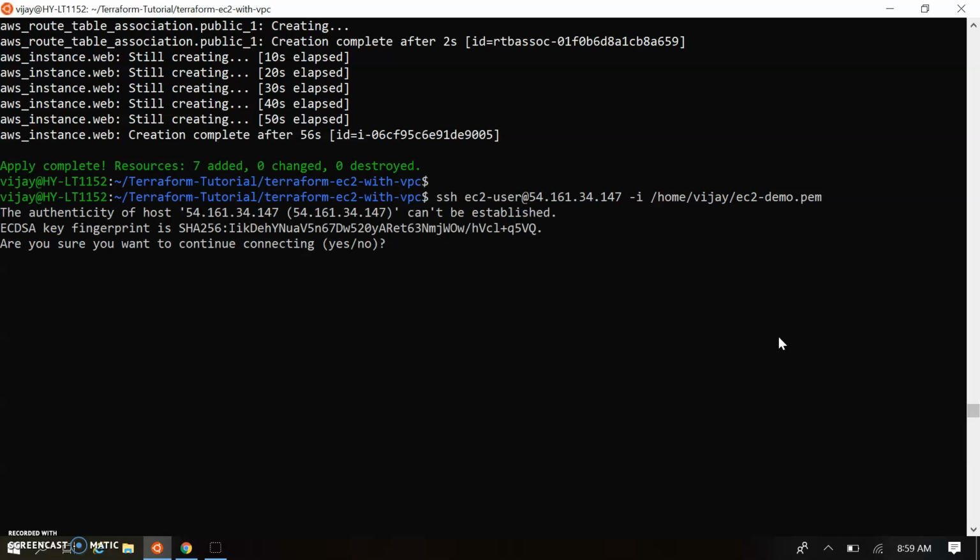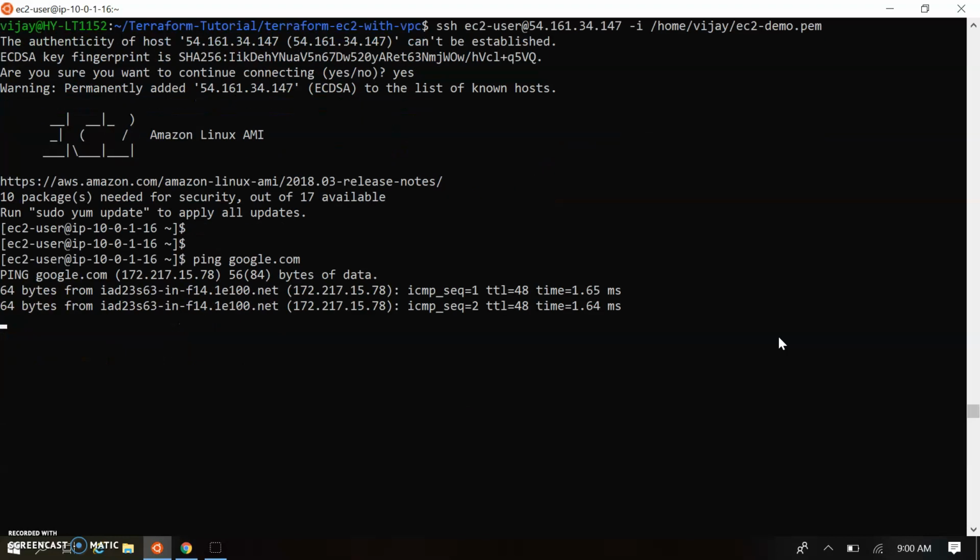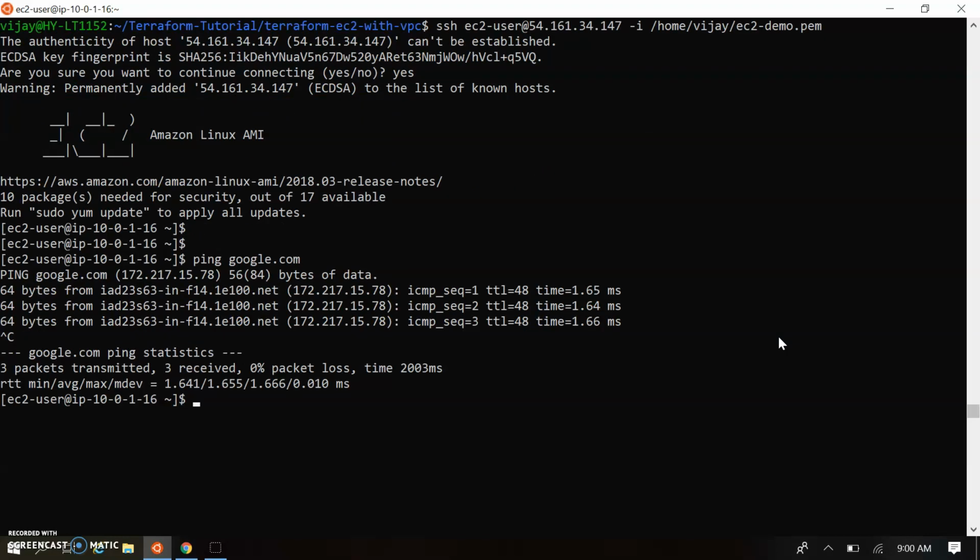If the SSH is working, then our inbound rule is working properly. Okay, SSH is working and I got the SSH connection to the instance. Now I'm doing a ping to Google, just checking the outbound rule. Okay, I'm able to ping Google.